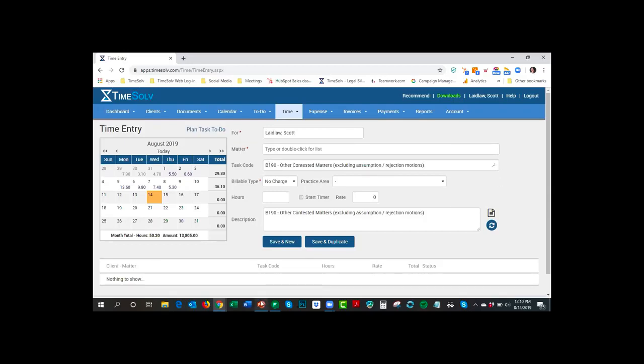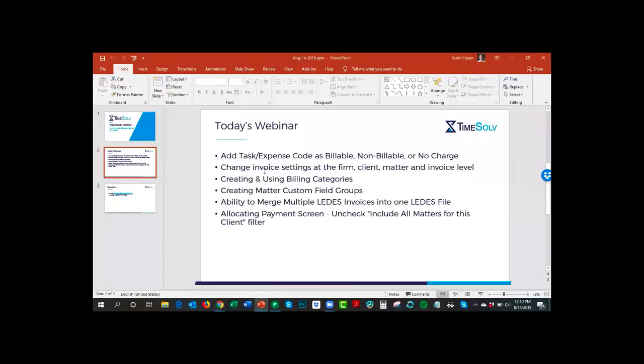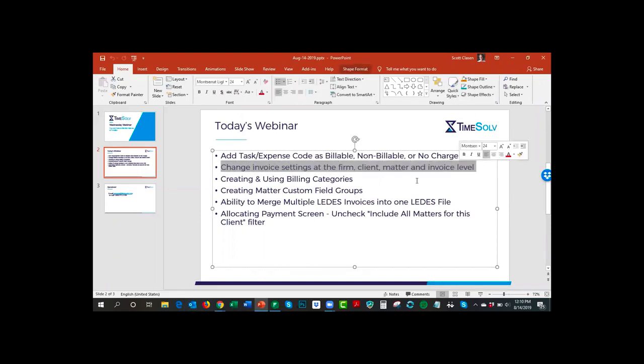All right. Our next tip that we want to show you is, just quickly at a high level, making sure you're all aware of where you can change the invoice settings, both at the firm level, so this is the defaults that you'll use probably 90% of the time, let's say, and if you need to modify them at the client level, at the matter level, and specifically at the invoice level, making sure you know how and where to do that. So this should be a quick run through, I think, for a lot of you.